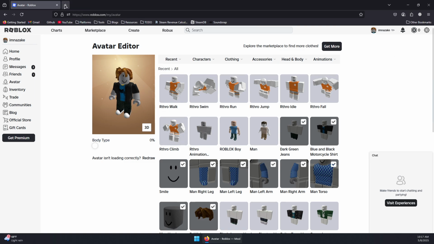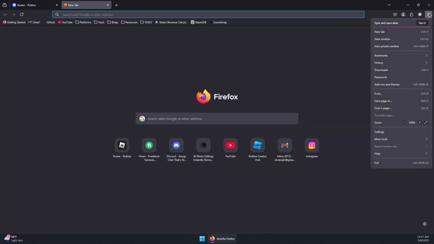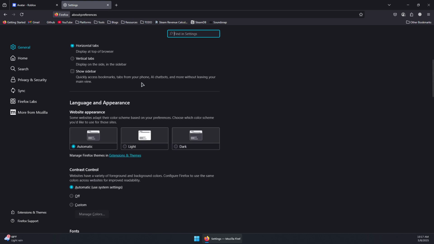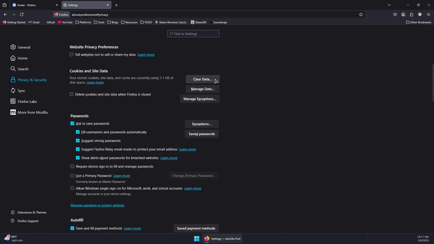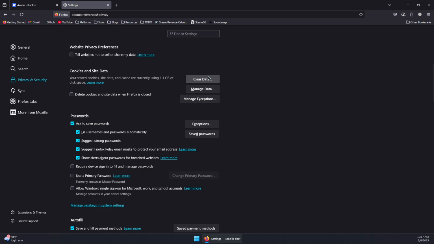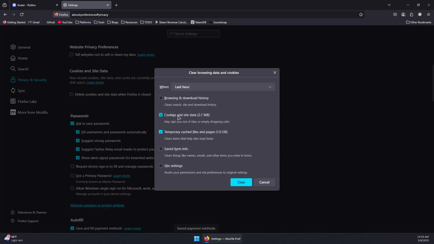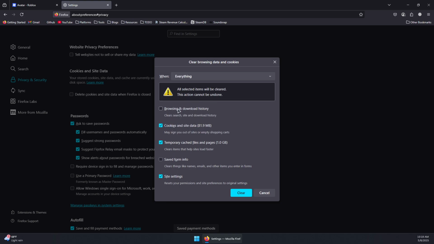What you can do as well is in your browser settings, click on the burger menu here and go to settings, and then look for cookies, privacy and security, and then clear data, cookies and site data, and then make sure you select cookies and site data and temporary cached files, and also site settings, and then select everything and